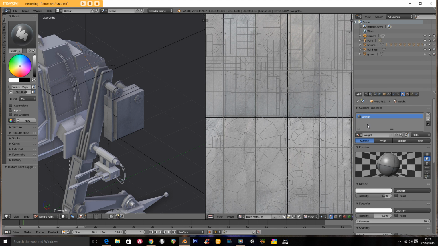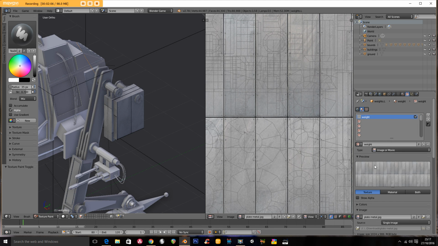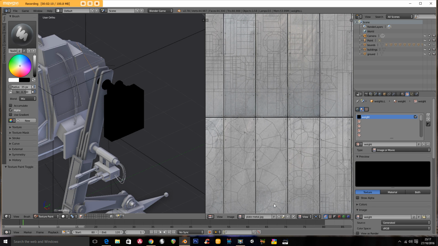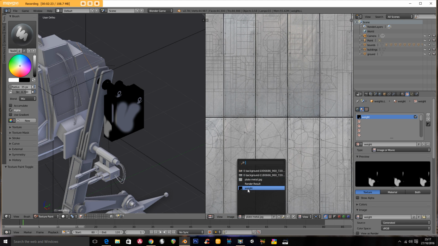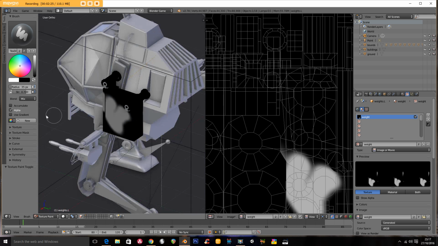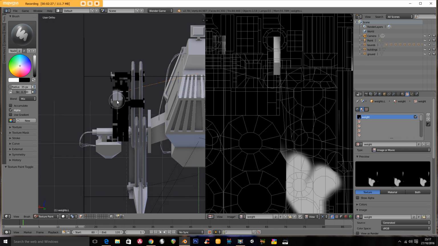The object we want to paint has this image associated with it, so we need to replace that with this one here. Now, when I paint directly on here, at the moment I'm set to white, I get my result here. So what I need here is to see the weight here. So I can paint onto this object,